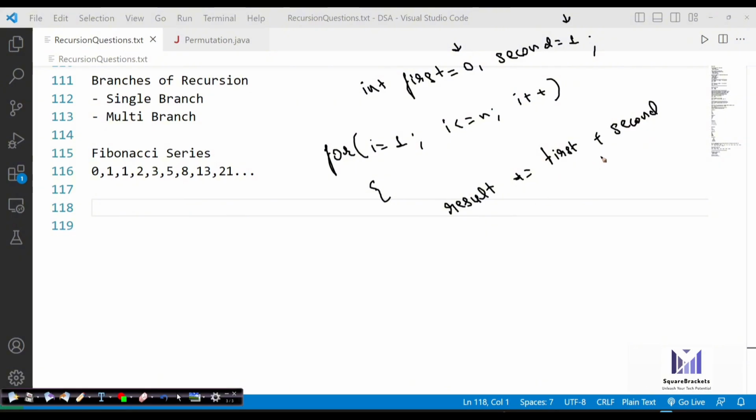But you also have to increment the first and second variables accordingly. So the point is, to build this Fibonacci program we have to maintain two variables, add them, and store that in the result. This is how we implement Fibonacci using a simple loop.